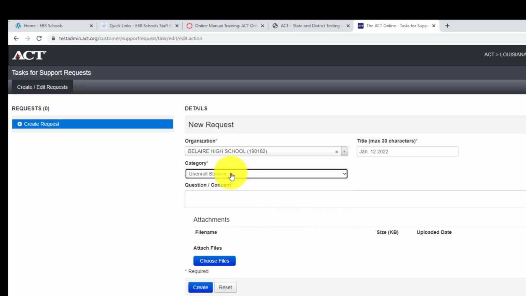Okay, so if you're unenrolling, then notice it says question or concern. You may not have a question and you may not have a concern, but there's an asterisk there, so you have to put something. So I would just put something like please, and since this is unenroll, the 3 students. Okay,